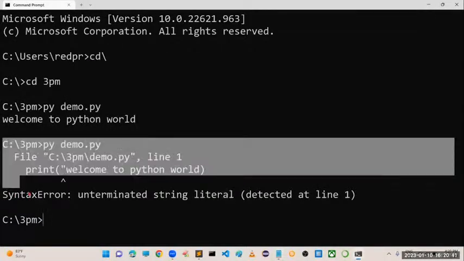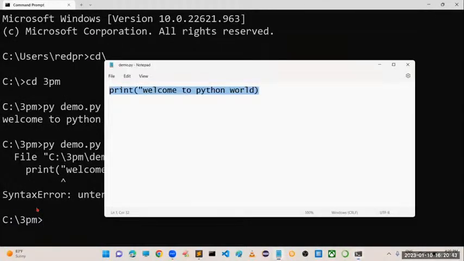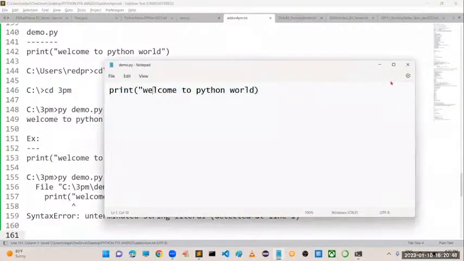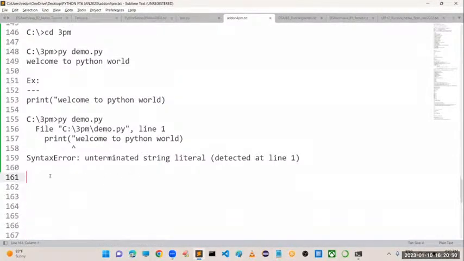Okay. So I hope you people got very clear clarity about how to execute the first Python application by using the command prompt and then the editor. Okay. Sir, clear up to this? Everyone, please confirm. Clear up to this? Yes, sir. Yes, I request everyone to please respond. Clear up to this? Yes, sir.